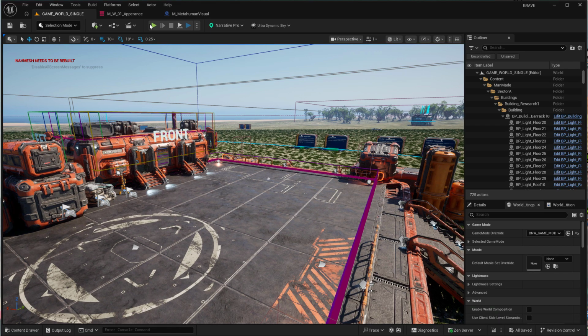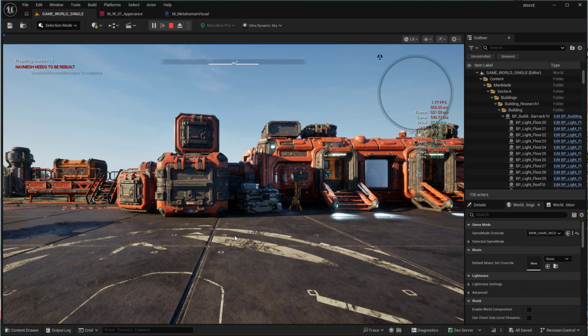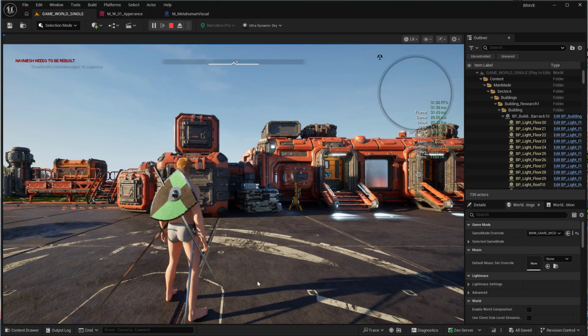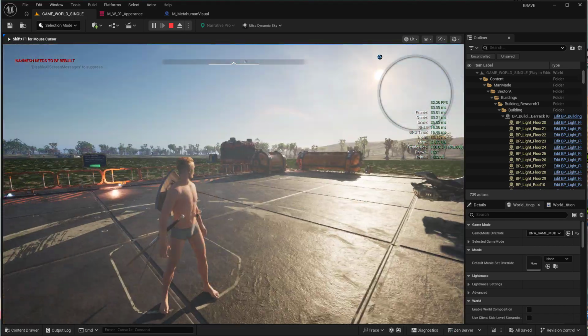So what we're shooting for, and I'll go ahead and hit start here, is we want to have Oscar and Vivian, but we want them to be actually chopped into the proper pieces for a modular character. And that means that the hands are separate, the feet are separate, the head is separate, the upper body is separate, and the lower body is separate. And as you can see here,